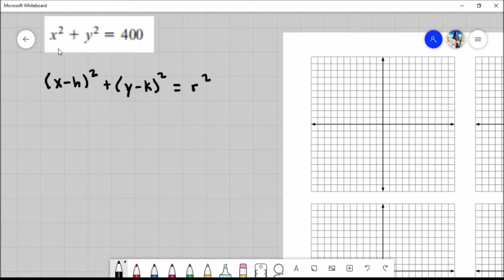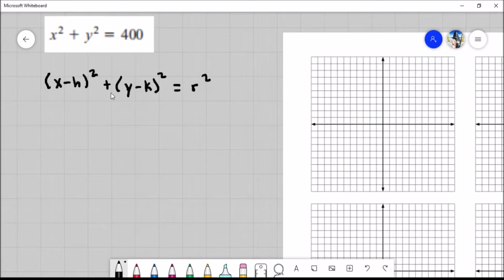We just have x squared plus y squared. There are no other numbers inside of each of those being squared. It's just the x and the y. So that tells us the center of our circle is implied to be 0, 0, at the origin. So we know that's where our center is. So based off of that, we can